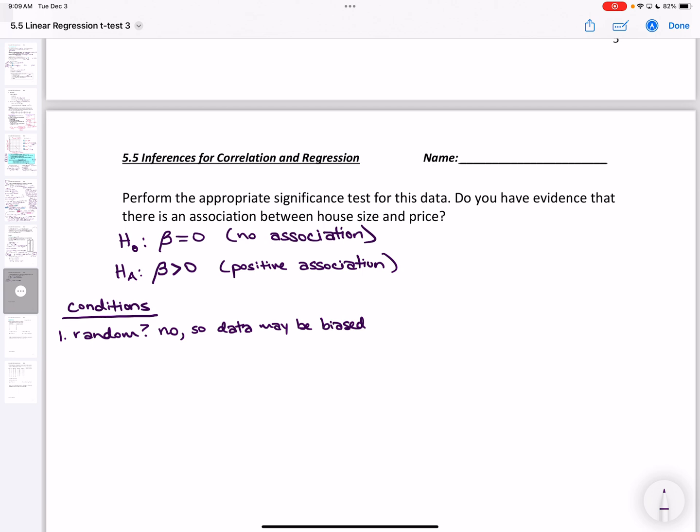So size doesn't make it random, because I could do a convenience sample, right, which is a horrible sample, and get 30, right? So randomness is a good sampling method, which would be simple random sample, SRS, right? Stratified, cluster, systematic. Those were all examples of a good random sample. So somehow, either they have to tell me one of those four, SRS, systematic, stratified, cluster, or they have to say that they took a random sample. Yeah. Okay, second one,